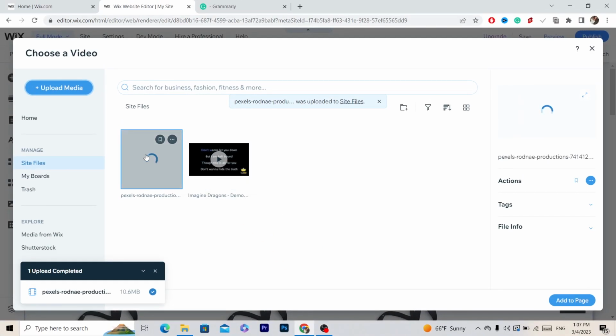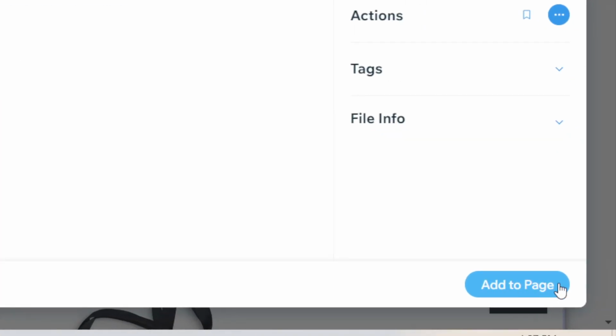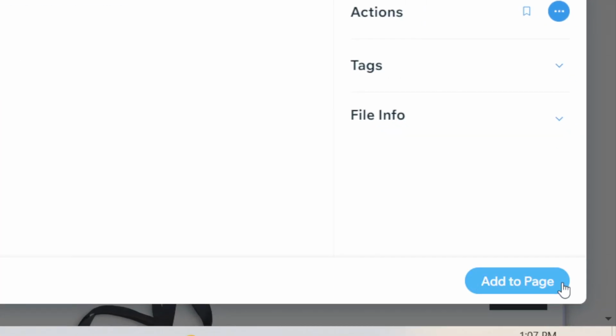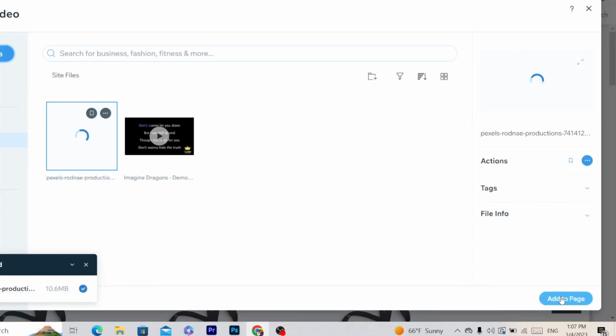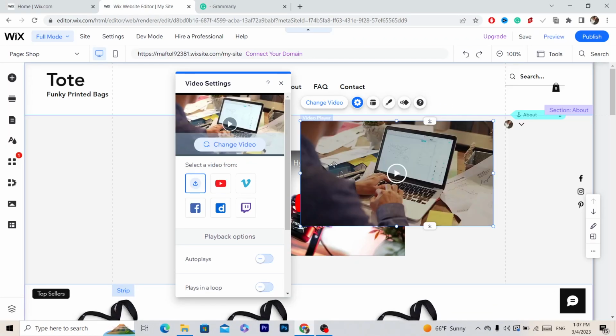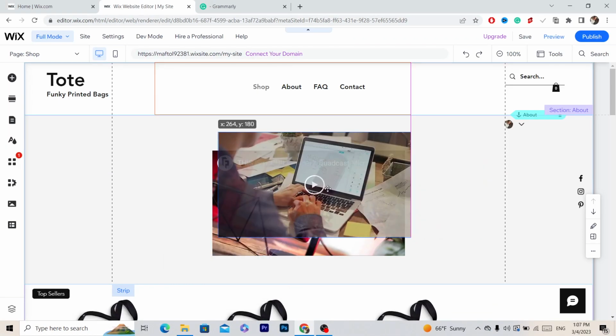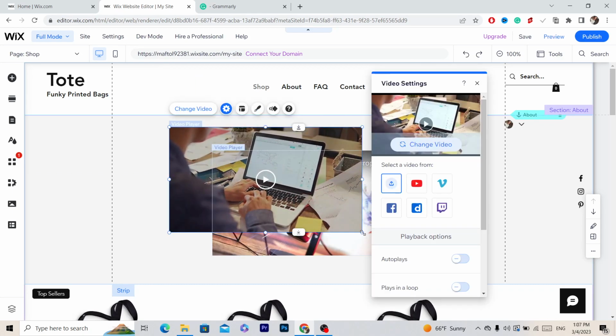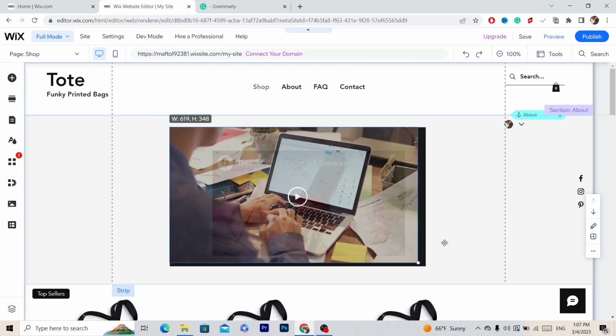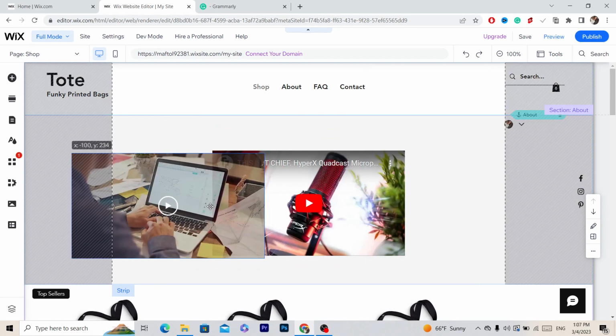After it's uploaded, you want to click on add to page. As you can see at the very bottom right, it says here add to page. Click on add to page, and as you can see here, we have all added the video. You can minimize it, you can resize it as you want, you can move it anywhere you want on your